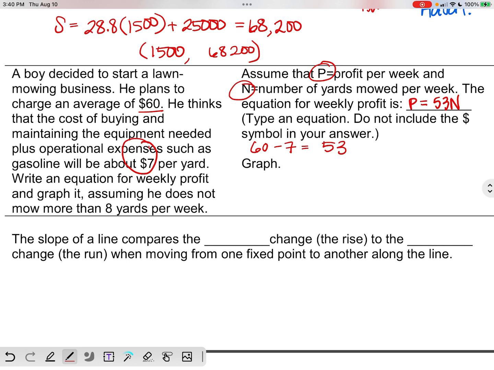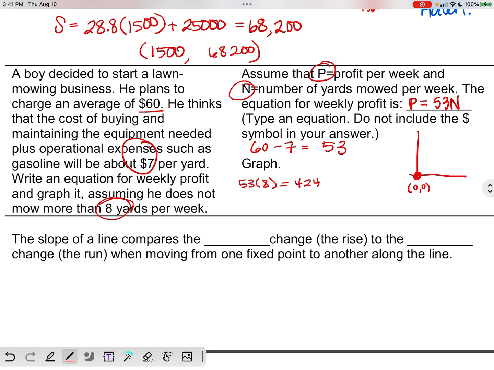It'll look like that, your graph. I think the easiest one would be right here. Just sit right there at 0, 0, because if he mows 0 lawns, he's going to have $0. He can mow no more than those 8 yards per week. So whenever you plug in your 8, 53 times 8 will give you